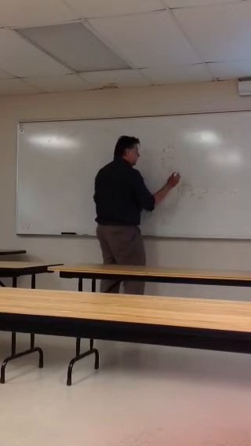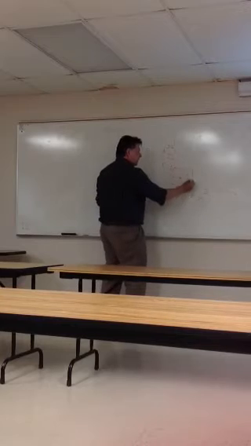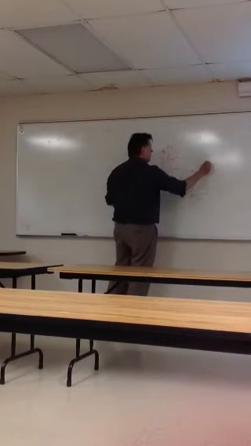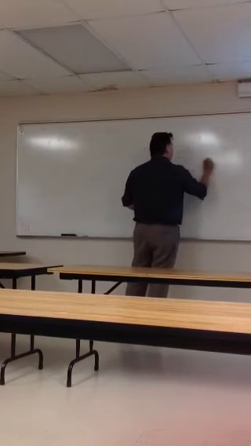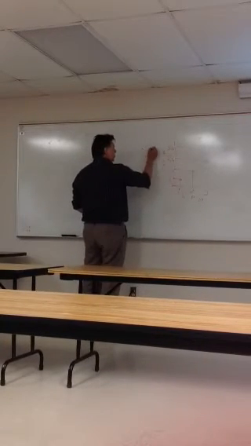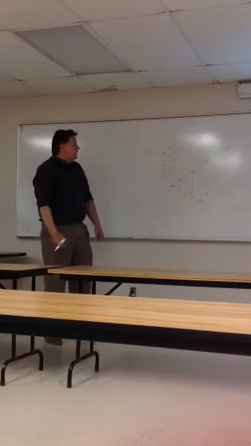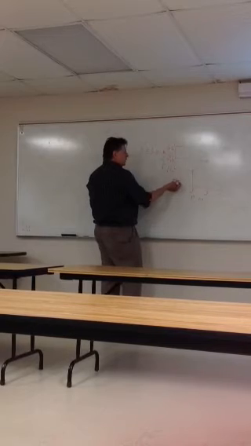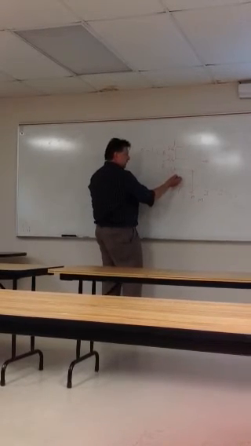So let's say this person made a 6 on their ACT and had a 1.0 GPA. Let's say they made a 16 and had a 2.0. A 26, this person had a 3.0. This 36, 4.0. Now I have a perfect positive correlation, so my R value is going to be equal to 1, or 1.0 if you want. Now any deviation from this, let's say this 1-point GPA person wound up making a 10, so it might be right here.